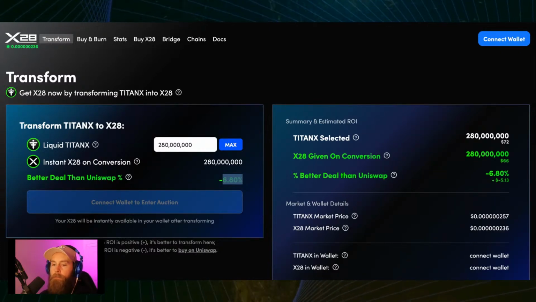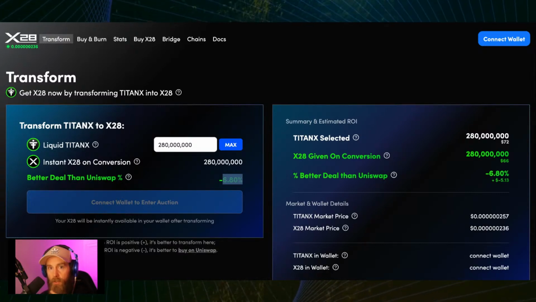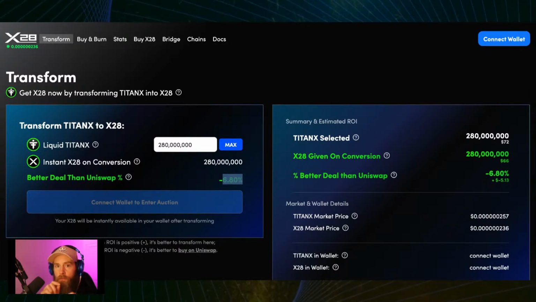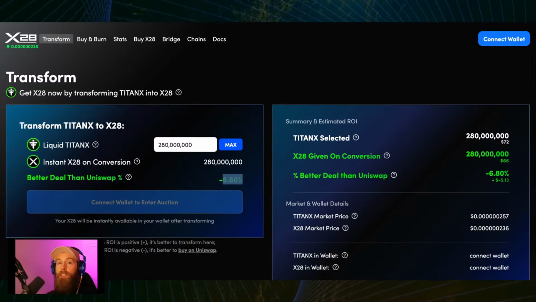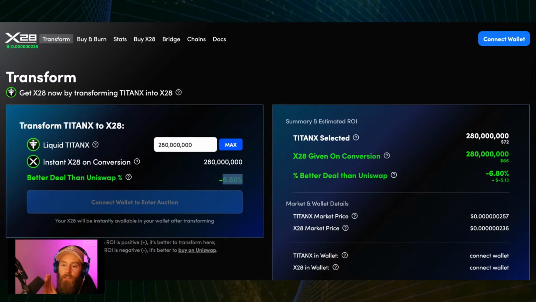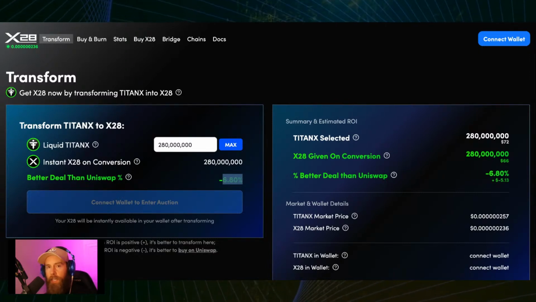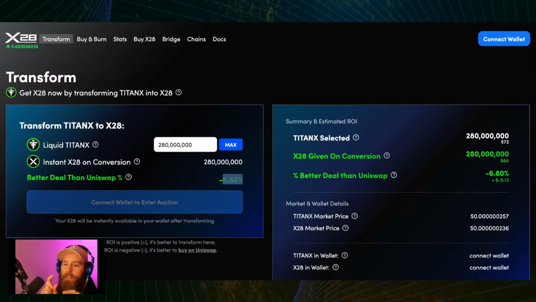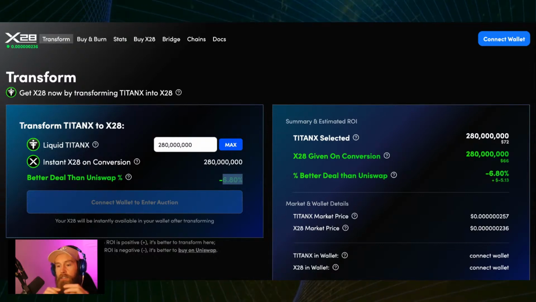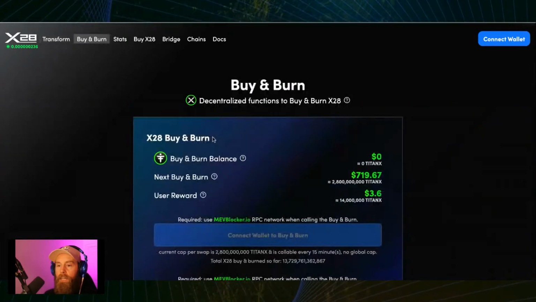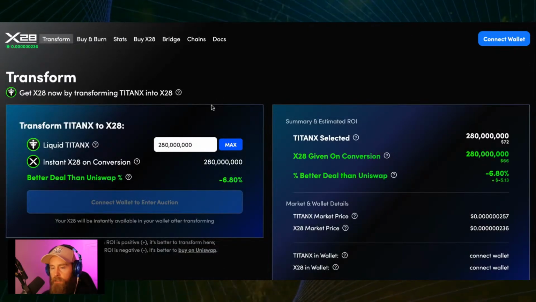Okay, so with X28, when you send one Titan X through to create X28, the Titan X that you sent in to transform goes into the smart contract. For every one Titan X that goes in, 50% of that gets burnt. So if $1 million were to come through this app in Titan X, 50% of that would get burnt. Now, it's all getting minted on the other side anyways, right? But then the 50% of the Titan X that remains is going to buy and burn X28, to be able to uphold that peg. Right now, the buy and burn doesn't have anything in it. We're off peg. This is not the issue, though. This is just more of a status thing of where X28 is.